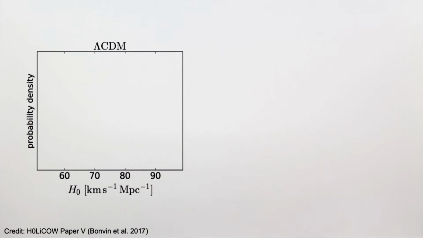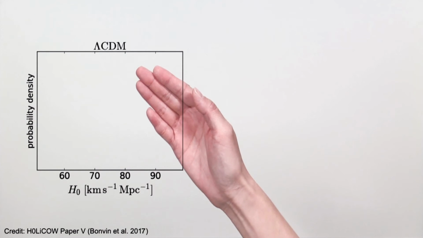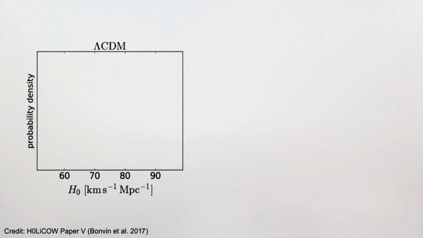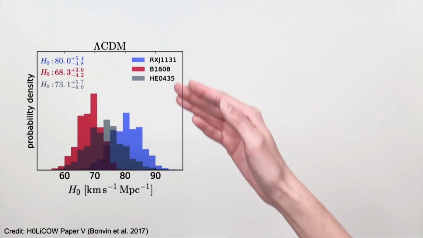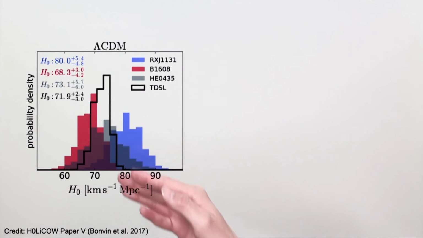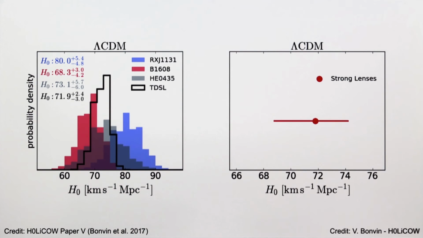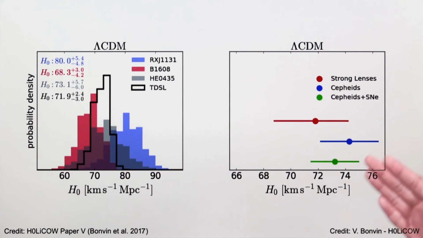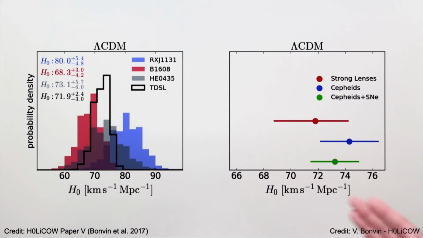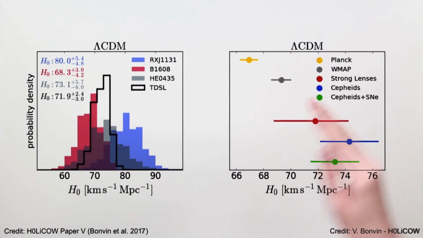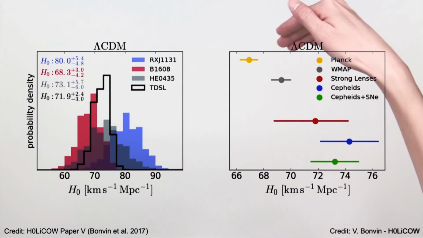For example, if we consider the ΛCDM model, which is a flat universe with a dark energy in the form of a cosmological constant, we can combine the individual constraints from our 3 strong lenses and obtain a single value of the Hubble constant, around 72. This value is in excellent agreement with other independent measurements of the Hubble constant in the local universe that use the Cepheids distance ladder. The time delay strong lensing and the distance ladder are currently the most precise and robust techniques available to determine the Hubble constant directly. Yet, they are in significant tension with measurements from the cosmic microwave background observations in the standard cosmological model.